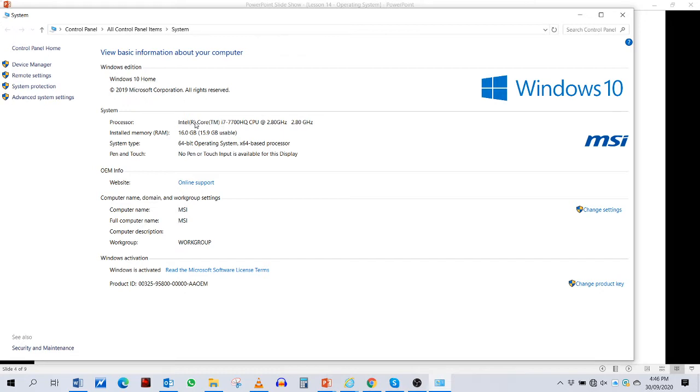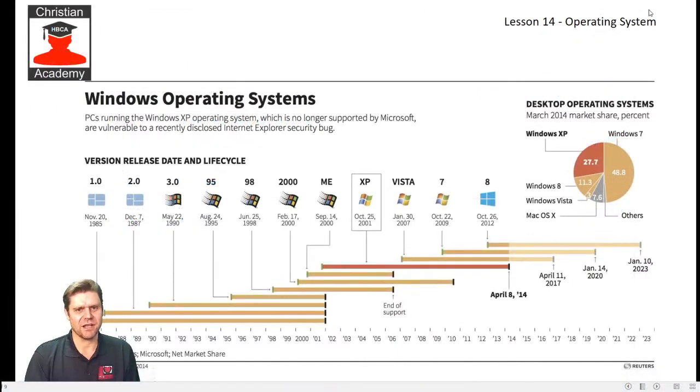It will also show you your processor. So we were talking about the specifications, the processor speed, and this processor version. This is an i7 7770, which means it's a 7th generation i7 and 16 gigs RAM, and this is a 64-bit operating system. Sometimes you might get asked that. I don't want to really get into that too much, but that's just some information that's handy to have. I believe it's something that we need to have and know about. So that's how you see what operating system you have.